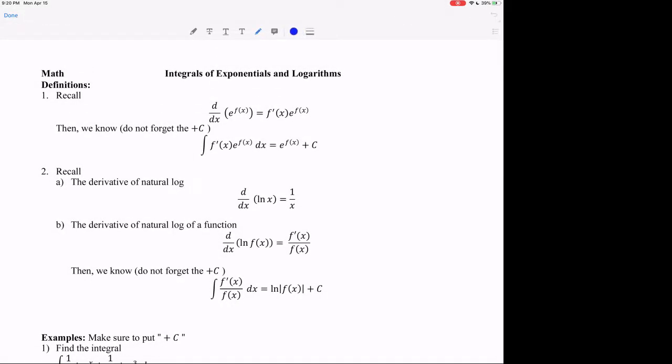Okay, so what we're going to be doing this lecture is, given the function, we are going to integrate e to the x and ln x. So what I need you to do is I need you to recall